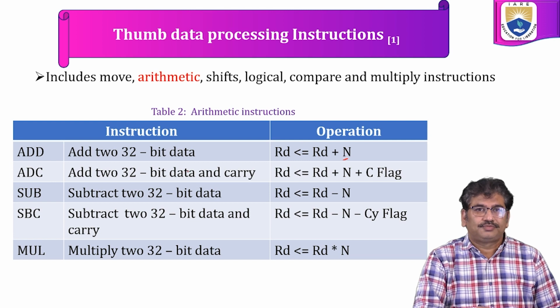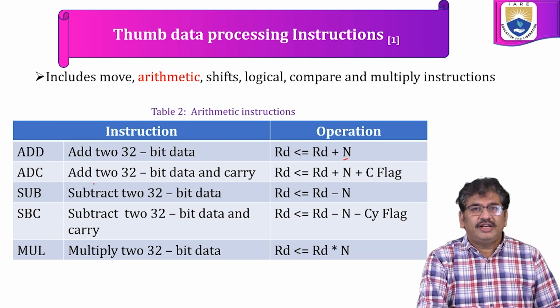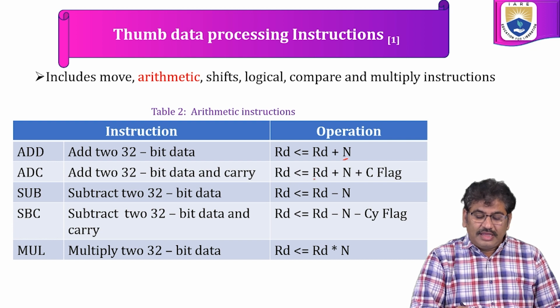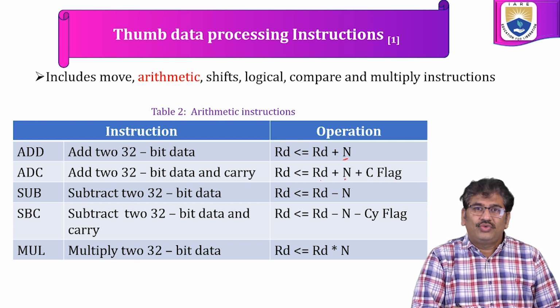ADC instruction. This instruction is for adding two 32-bit data along with the carry flag which exists in the CPSR. The instruction will execute by adding the contents of RD register with the value of immediate data or register which you have placed in the N location along with the carry flag, and the result will be stored in